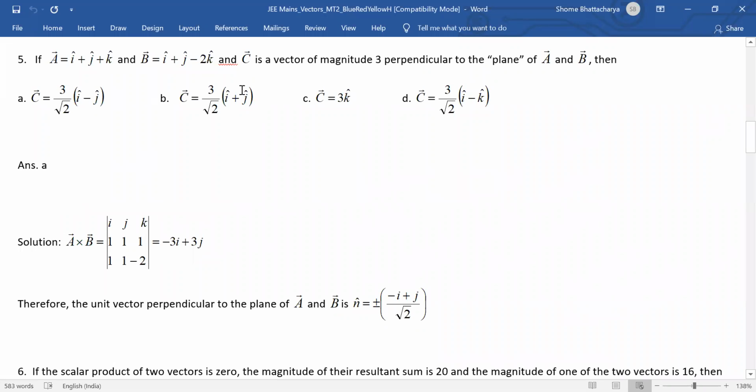So in this you have to find, now this is a more complicated question. So let's discuss this in detail. So here what we have to do is we have to find,